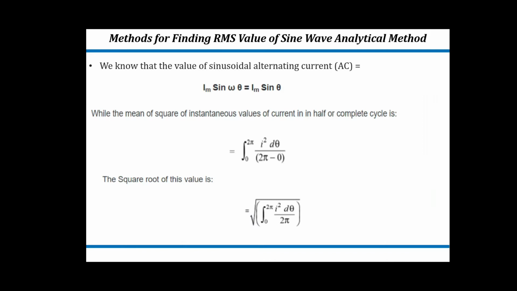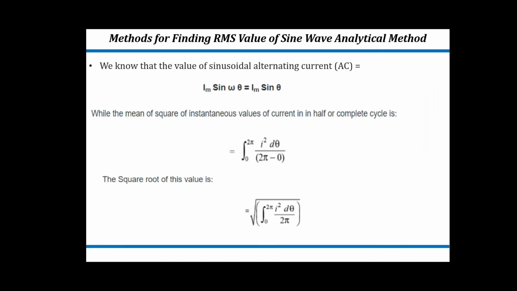The value of AC current which will produce the same amount of heat while passing through a heating element such as a resistor as DC produces through the element is called the RMS value. When the RMS value of alternating current is compared to direct current, both AC and DC produce the same amount of heat when flowing through the same circuit for a specific time period. For an AC sine wave, the RMS value of current is 0.707 times Im, and for voltage, RMS is equal to 0.707 Vm.